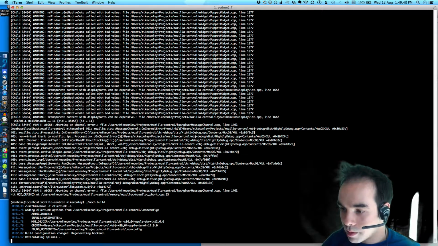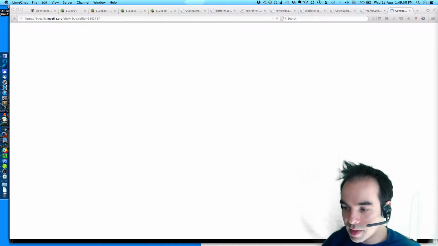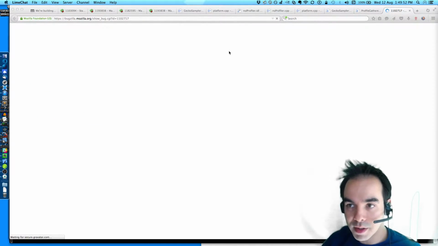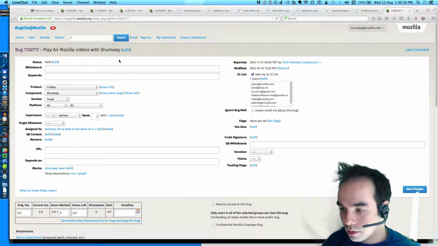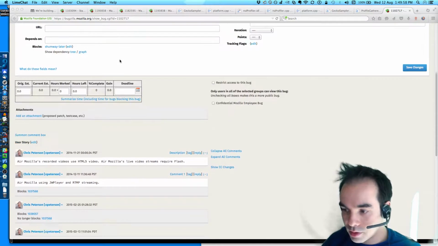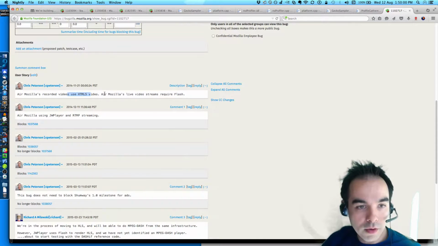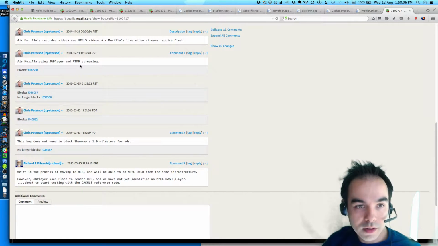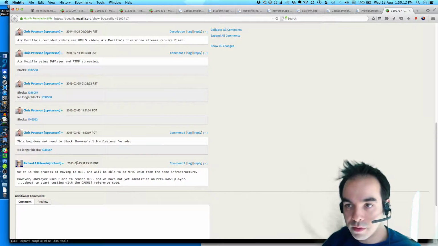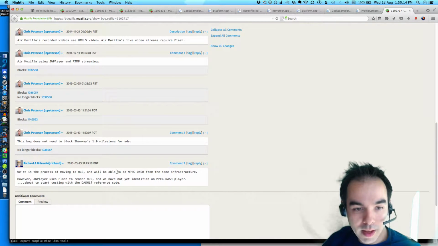Aaron Ramus just mentioned in IRC that this bug says something about how live streams are requiring Flash. Mozilla's recorded videos use HTML5 video. The live stream video streams require Flash. We're in the process of moving to HLS, says Richard, as of a couple months ago, and we'll be able to do MPEG-DASH from the same infrastructure.